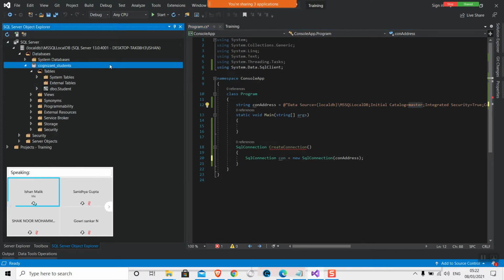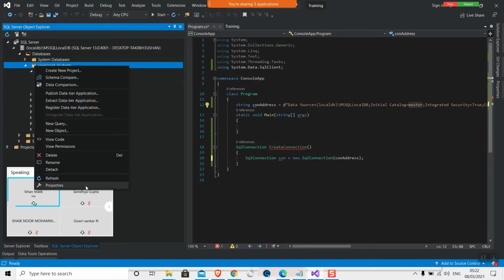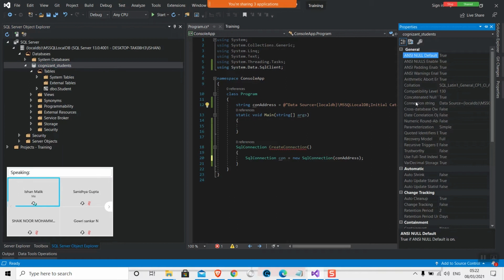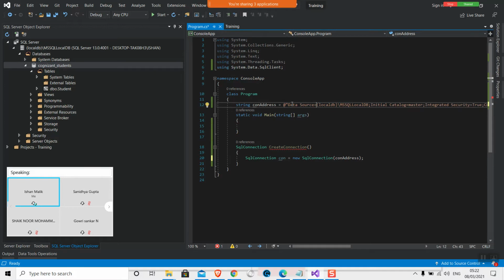So what would I do? I'll just click on the properties again, and I will select the connection string of our database. I'm sorry, last time I taught you, I cannot say it was a wrong thing, but I missed out this part.